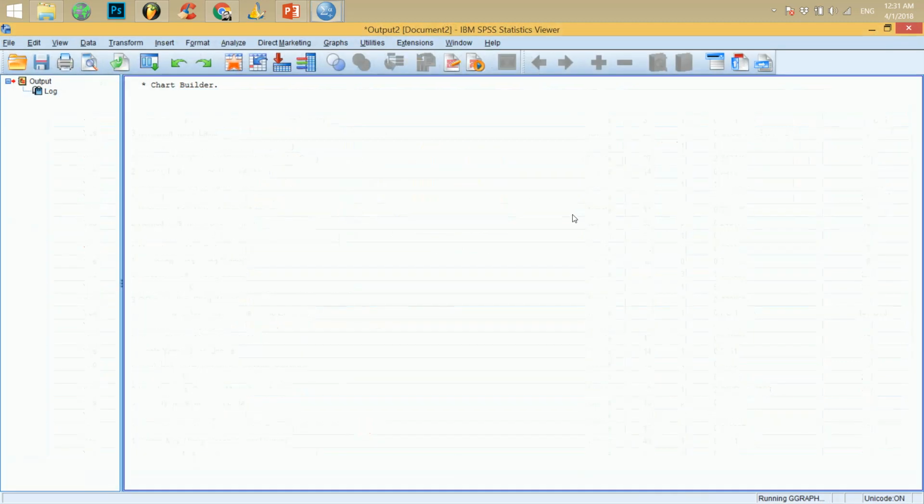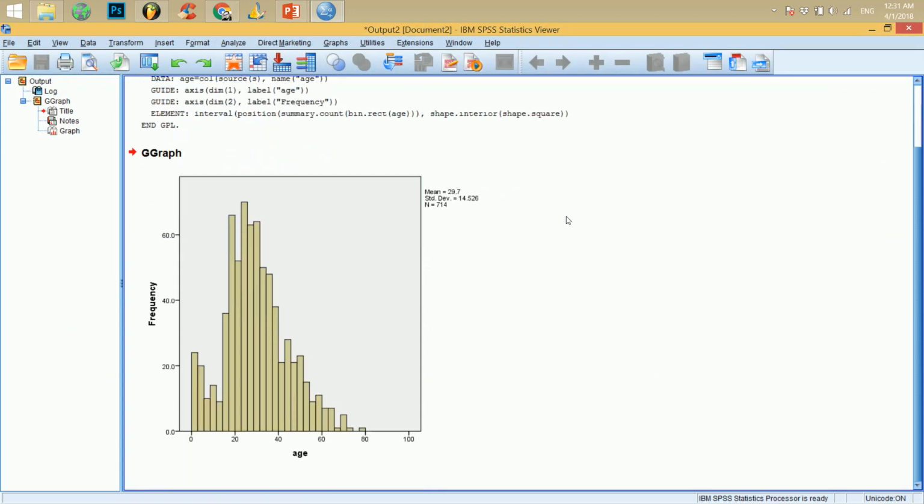So this is how basically a histogram is represented. So we chose age, which is represented on the x-axis, and on the y-axis there is basically the frequency. So in essence, this is the frequency distribution plot as well, but it's not represented by a line, so it's called a histogram in this case. Now,